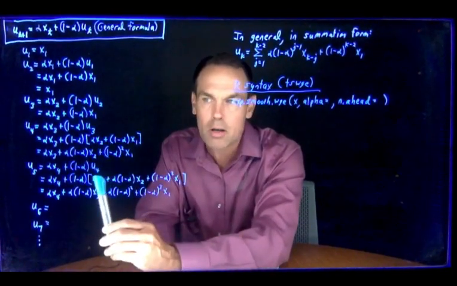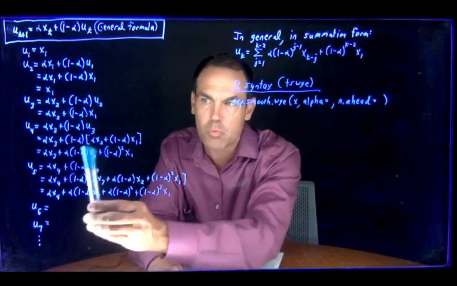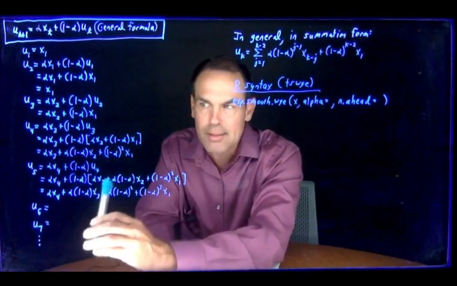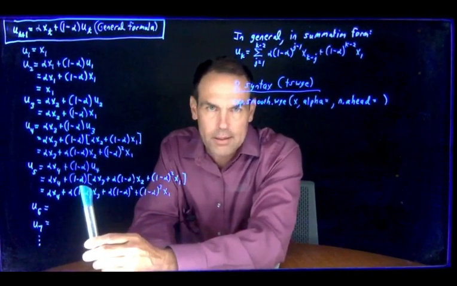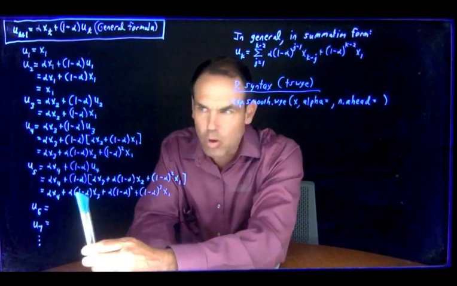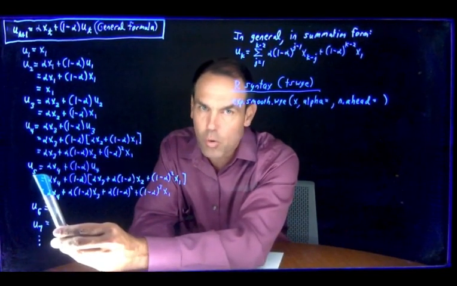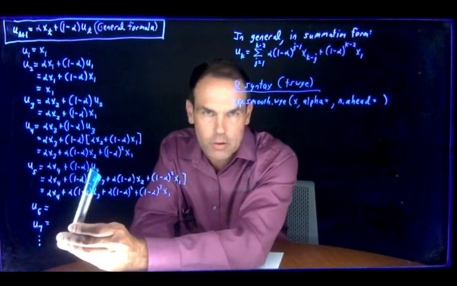That's one pattern. Another pattern that looks to be beginning to reveal itself is 1 minus alpha to the first, 1 minus alpha to the second. Let's take it down one more time. Let t be 5, and we'll definitely see the pattern become even more clear. If you're looking for u sub 5, you're saying that t equals 4. So we have alpha x4 plus 1 minus alpha times u4,